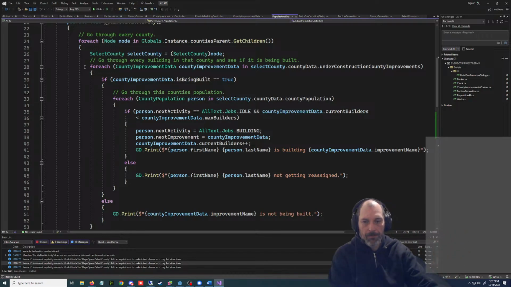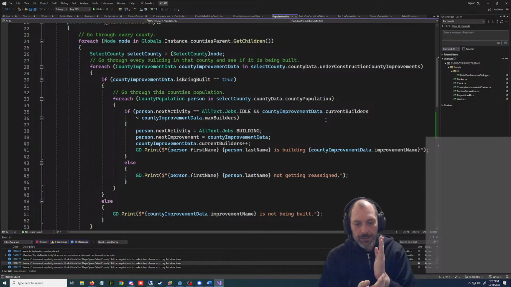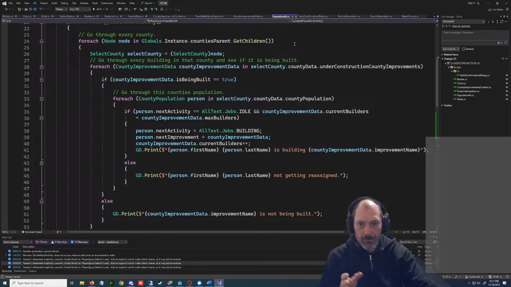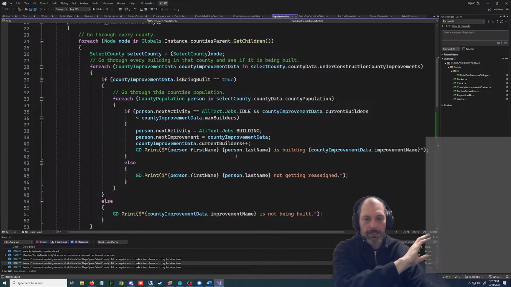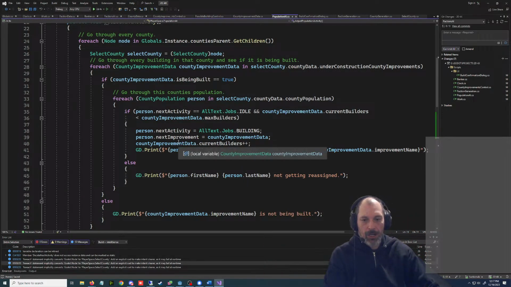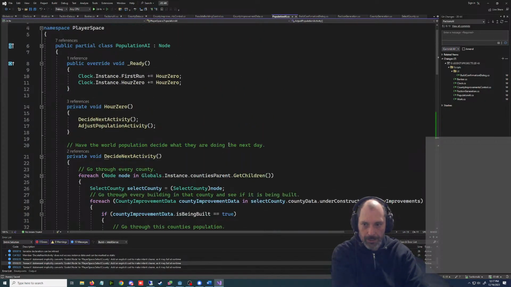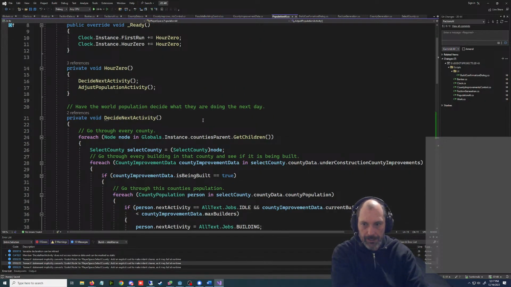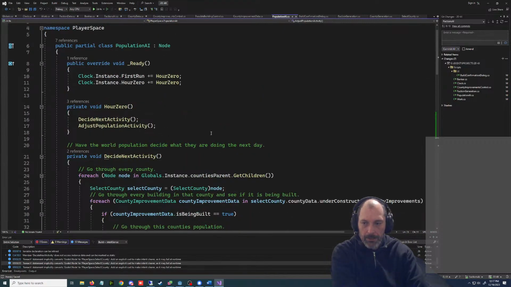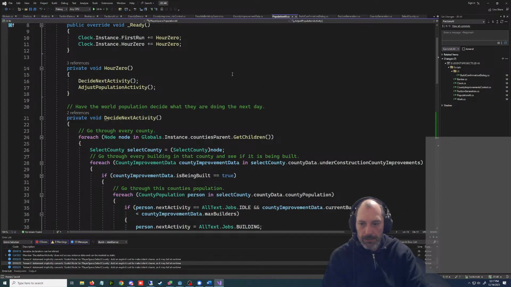What it's doing right now is, at midnight, it changes their current day thing and their next day after that. I think we don't want it to do that. Like I say, it's going to be a slow ramp up of building stuff because people aren't going to jump on it. They've got to hear the news that there's a job that needs to be done, et cetera. We might have to change things later. So, we're in the right spot to check this.